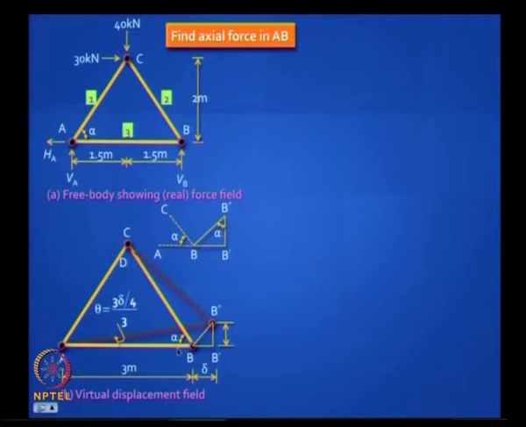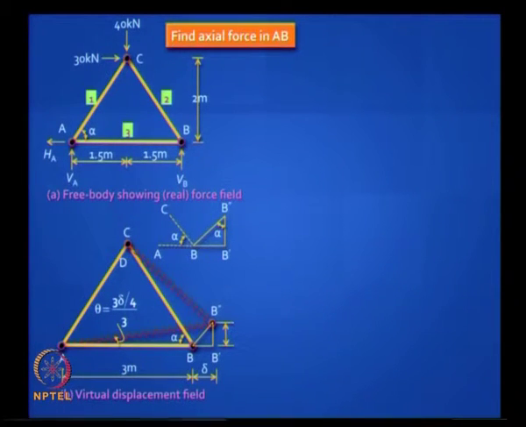You will find that let it elongate by delta, but then if I keep this B here, I have a problem because I will also be elongating the bar BC. I do not want that, so I want BC to remain unchanged in length, and so it means I take C as center and draw an arc or a tangent. For small deformation, the arc can be replaced by tangent. So B moves to B dash.